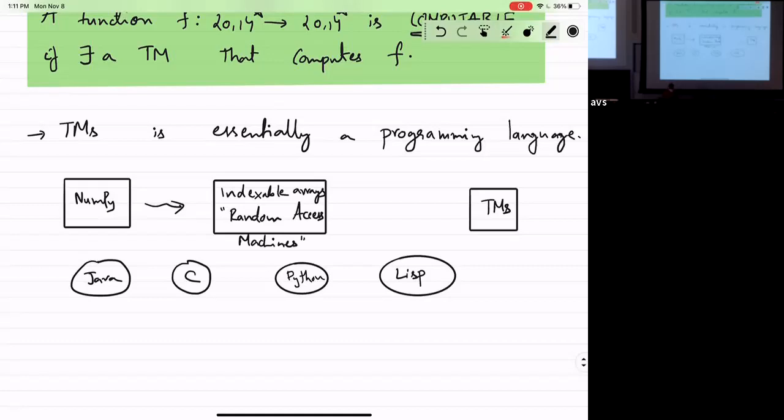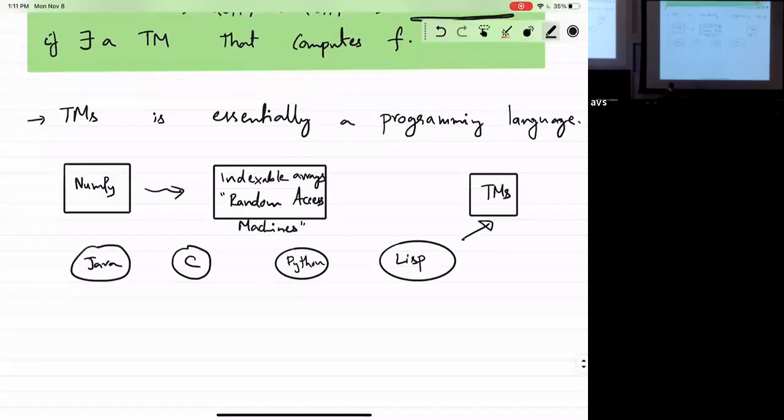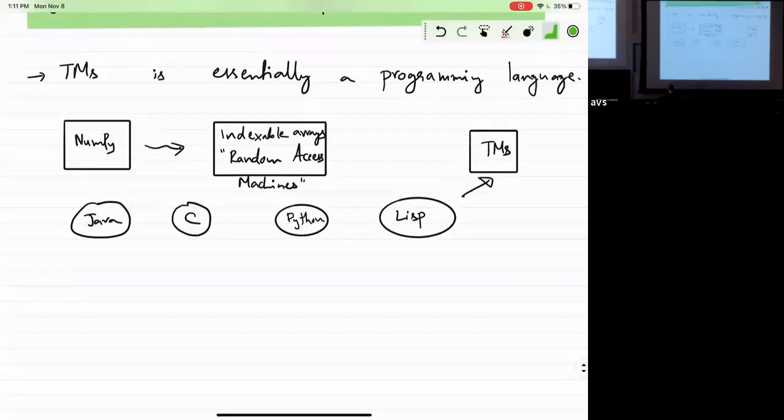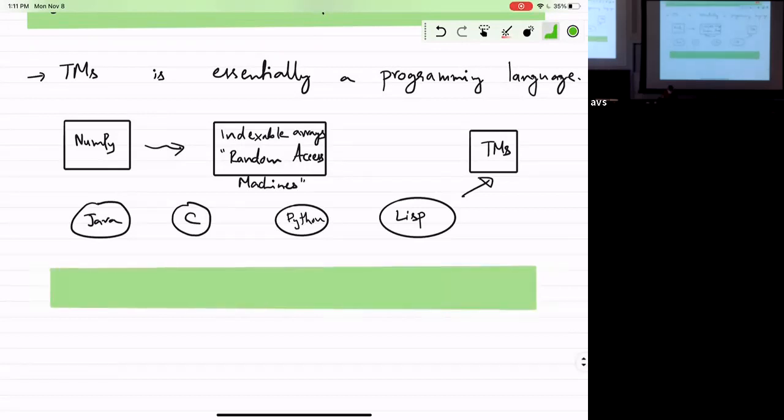Compared to all of these, a Turing machine seems like a wimp, right? It doesn't have anything. It can only go left and right and so on. But here's a really surprising claim. Turing machines can implement random access.